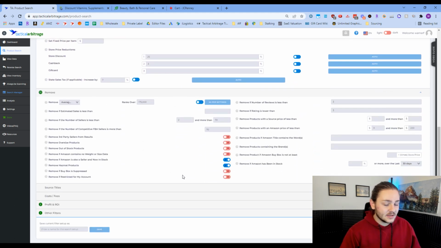And now the filters is where we can get a little bit technical with it to get rid of a lot of duds. So if you use Tactical Arbitrage and scan things without any filters, you're going to find a whole bunch of junk. So you can pause the video. I also have a video breaking down the exact filters that I use, but I'll run through this very quickly. I don't want to make this a full filter tutorial video, but the main things I look out for here